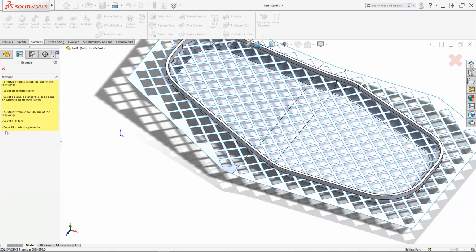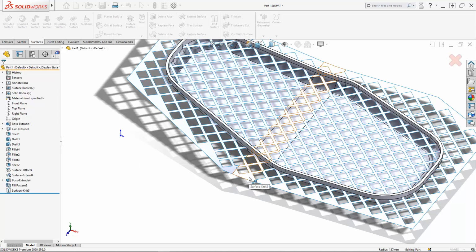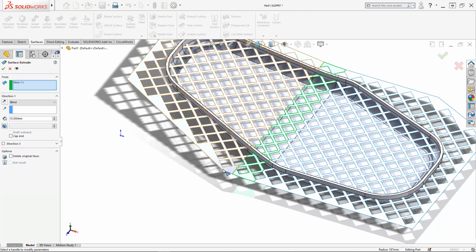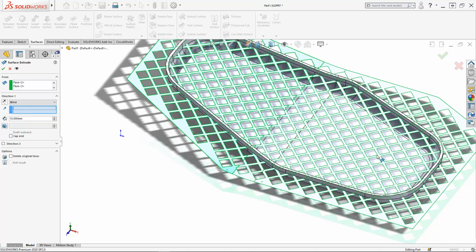I either need to hold the Alt key when I select a flat face or select a 3D face. So just to help me, I'm just going to pick the fillet face there to start with, and then I can pick the two flat ones, like so. So that's picked those three faces to extrude. I now need to give it a direction, so let's just pick this face here,